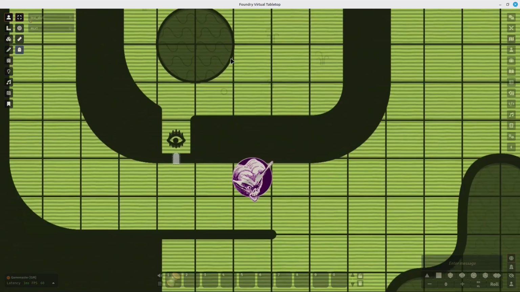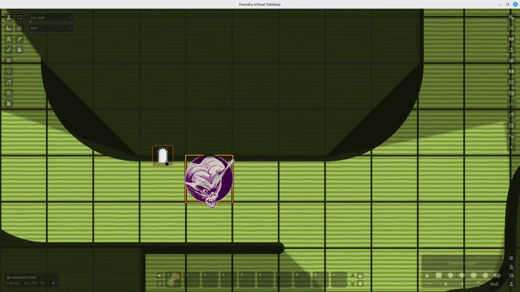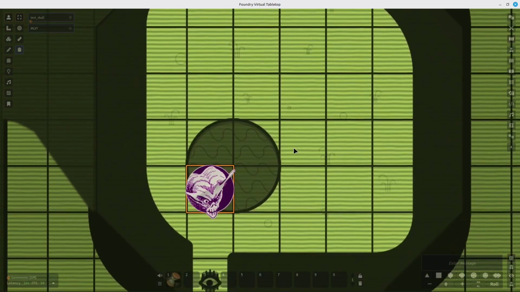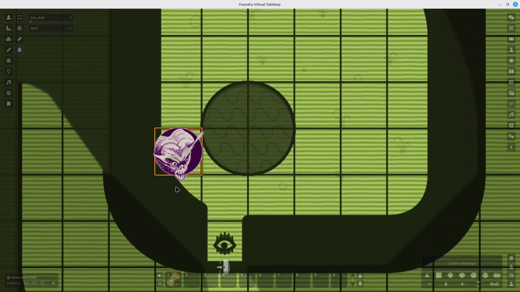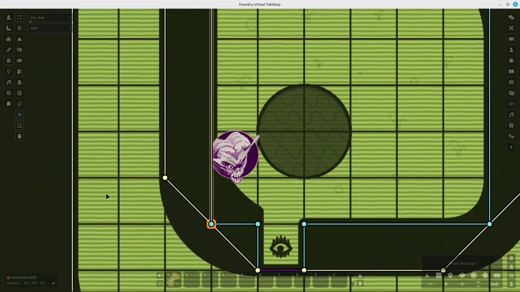One cool consequence, so this is the invisible door, right? And it wouldn't be visible by the player. It would look exactly like this. One cool consequence of using a different wall for the vision than for the space that the token can walk. So the token cannot walk through this wall, this one here. But at the same time, the token sees this part here. This may give a better sense of space, but also